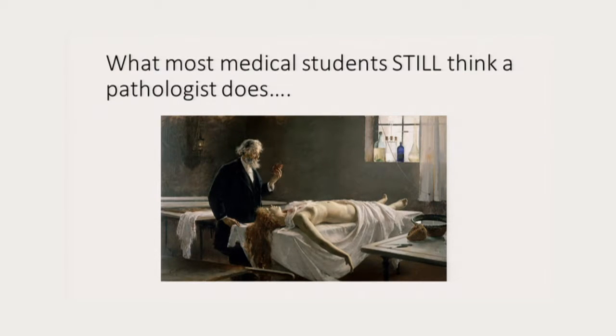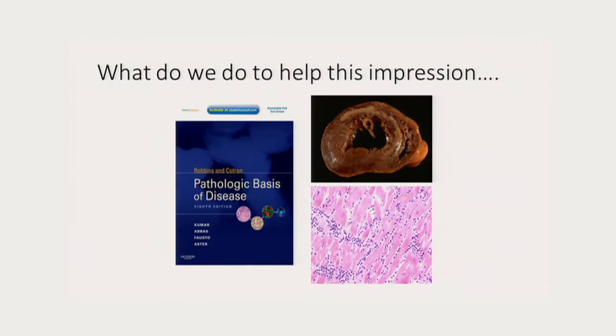The problem is that most medical students still think this is what a pathologist does. Now, we do this, all right? And we learn a tremendous amount from it, but we need to make sure that that's not all they think we do. And what do we do to help this impression? We show them gross organs of heart attacks, we show them the histologic features, and we show them Robbins. This still needs to be there. I am not advocating that that be gone. But they also need to know